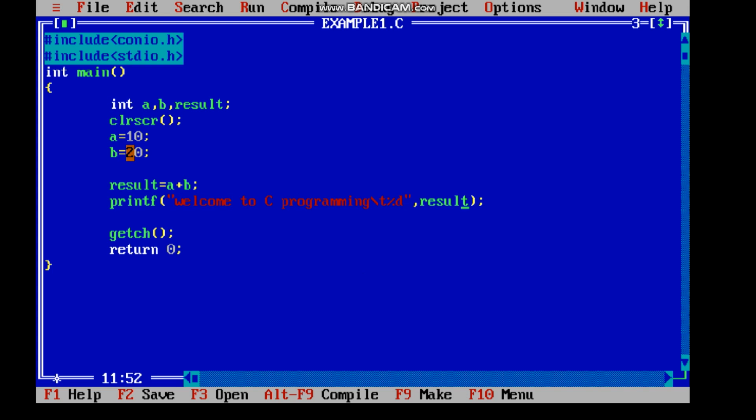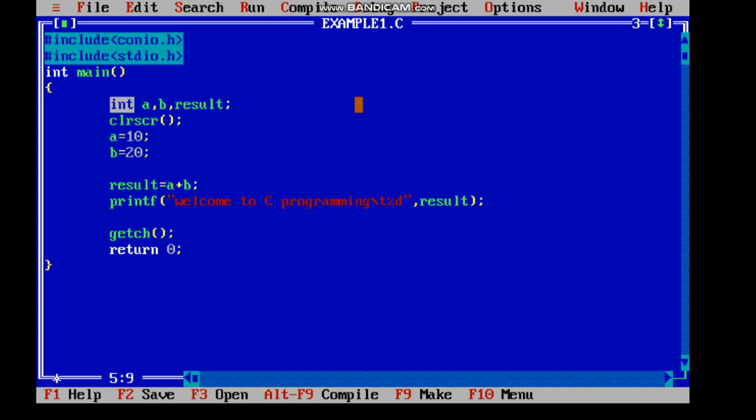You can change the variable name at any time during your program, but you cannot change the data type. If you want to use integral values, then you have to use int only. You cannot change this data type to int1, int2, int10. It is not possible because the name of the data type is architecture developer specific. The architecture developer has created the specific data types or system defined data types, and you cannot change the names of those data types. So if you want to use an integral value, then you have to use int only.